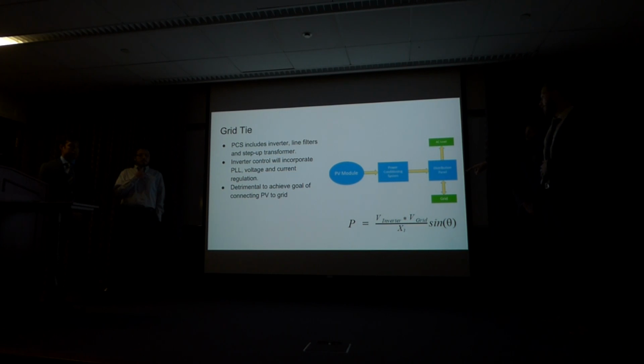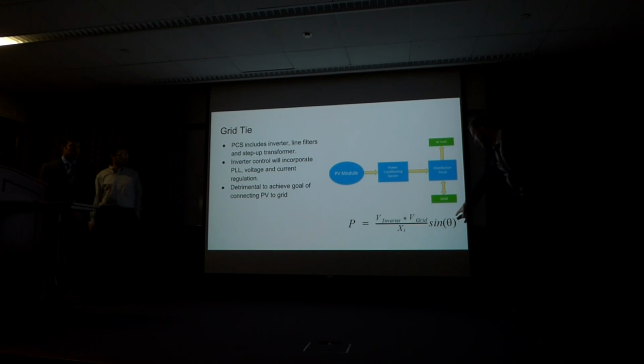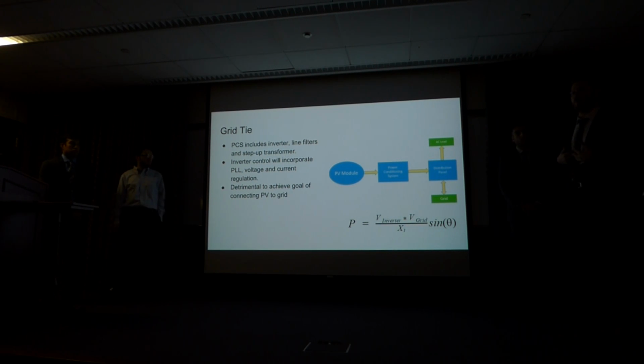It is the product of the voltage of the inverter with the voltage of the grid divided by the connecting impedance between the inverter and the grid, and this is the angle between the grid voltage and the inverter voltage. By adjusting this angle, we can effectively control the power that goes onto the grid, and this is very important in order for us to implement our renewable source onto